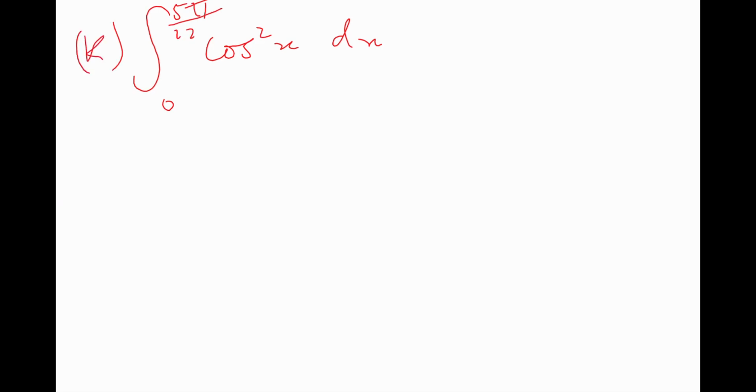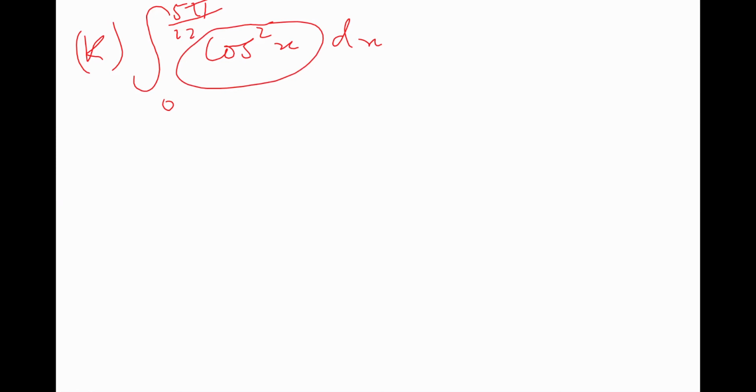So 2K says integral of cos squared x, from 0 to 5 pi on 12. So this is the first one we're going to deal with. They want to integrate this. So what we said yesterday is that to integrate cos squared, what you have to do is